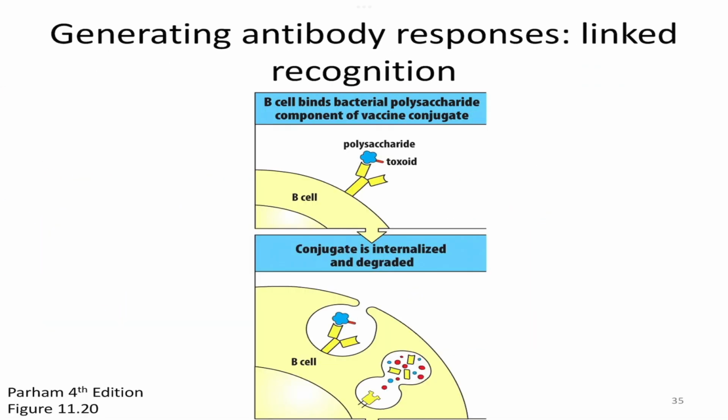This becomes really important in a process called linked recognition. We're going to see linked recognition again on Friday, but I know many students find linked recognition a little bit confusing, so I want to talk through it once now. Again, we'll see it again on Friday, and we'll talk through some details of a problem in class on Friday. So here you can see, don't worry about where it talks about polysaccharide and toxoid, we'll deal with that later,